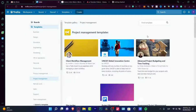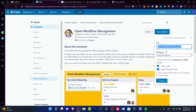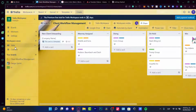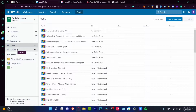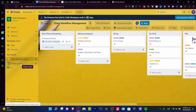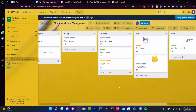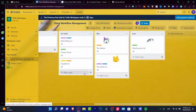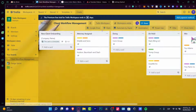So if I choose my project management, I'm going to use my template. Here I can choose a title, my workspace, and I hit into create. Once I get this done, you might see that here we have our boards, I have this table, and we have our calendar. I'm pretty sure that you also guys think that this workspace feels so much like a Microsoft application, which in my case, I think it's too accessible because I work a lot into a Windows